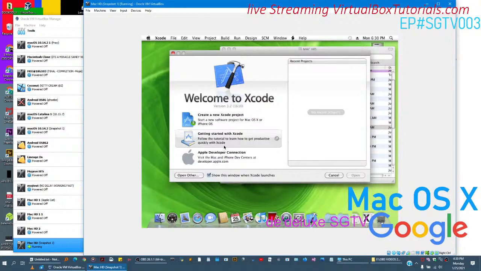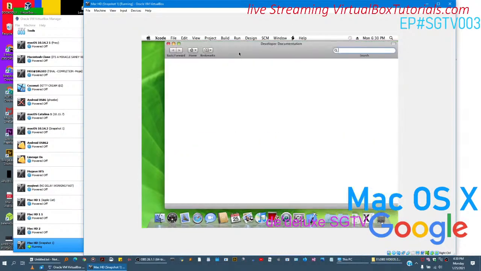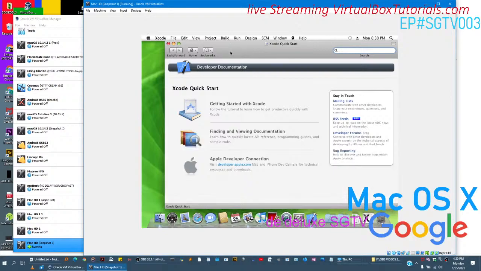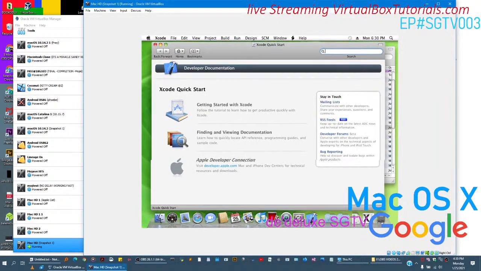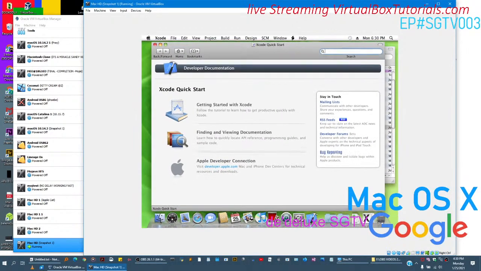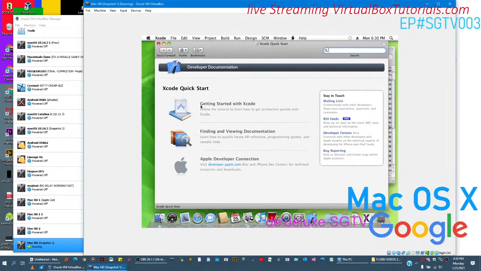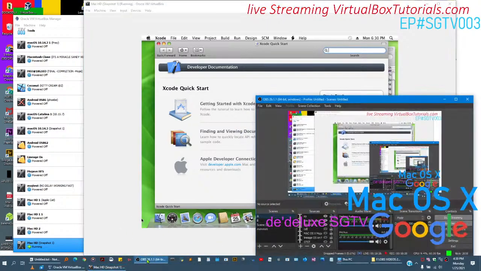I want to show this when it always launches. Okay. Now this I think is really neat. Look at that, you guys. Developer documentation in its own little browser. Getting started. Follow the tutorial. Learn how to be productive quickly. Ah, that's so exciting. So that's what we're going to do next on episode